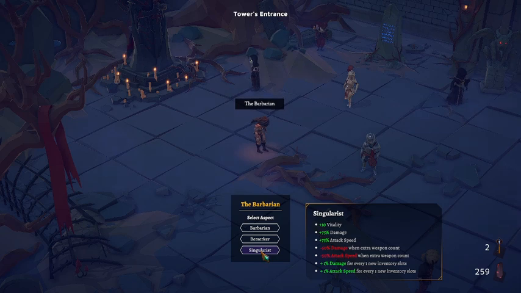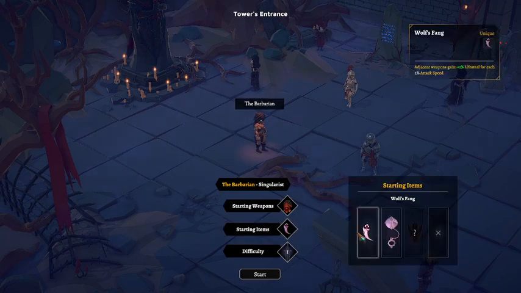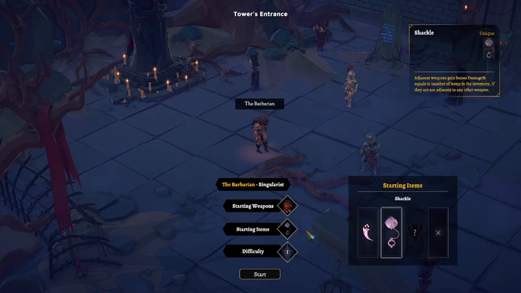And you get that 1% damage and attack speed for every inventory slot you unlock in the bag. Which means you only have one weapon, but as the game progresses, you only need that one weapon. It becomes terrifying. What you unlock with the Singularist is you spend 5 floors not purchasing any weapons, and it gives you the